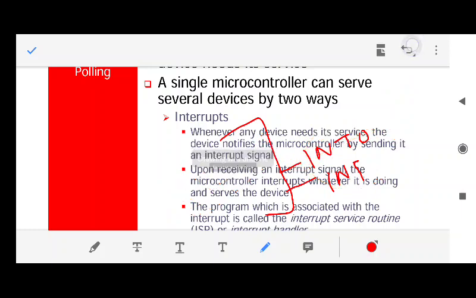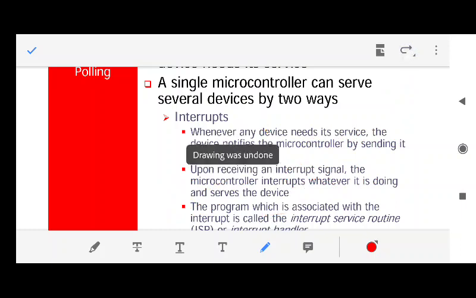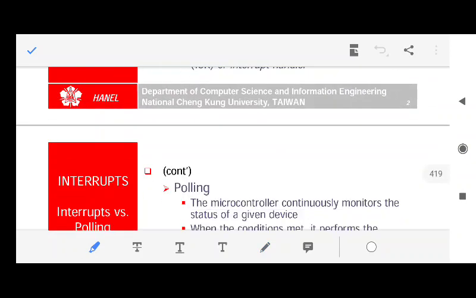So I think as of now you might have understood what interrupts are. In short, I'll again review. Interrupts are external signals or internal signals. Some of the interrupts are internally generated also. Fine, we'll go through them also. So interrupts are externally or internally generated signals which try to stop the microcontroller then and there, and they want the service of the microcontroller. In that case, the microcontroller should stop its work and then service that particular device. Fine. So let us go through the interrupts one by one.